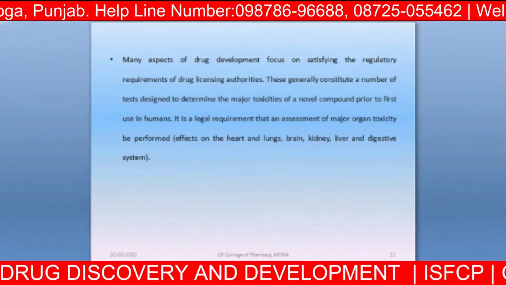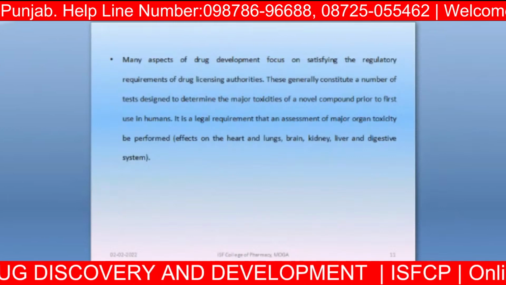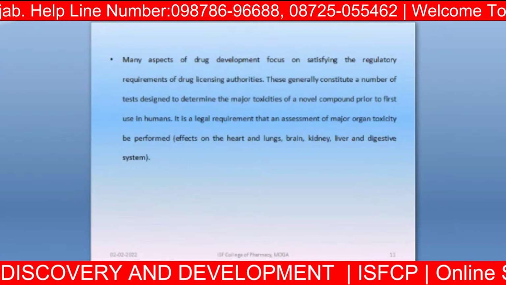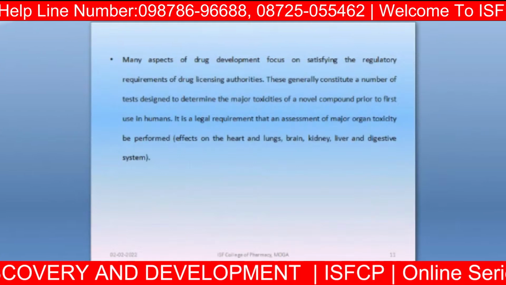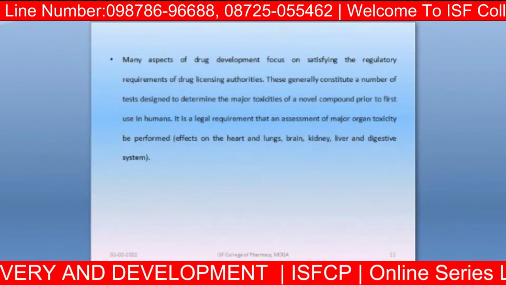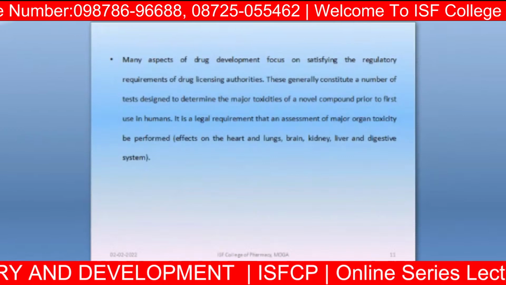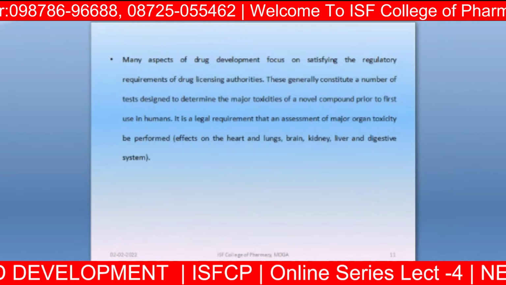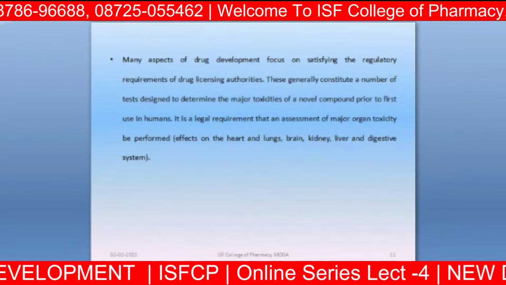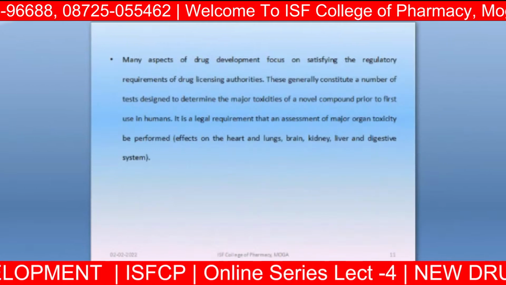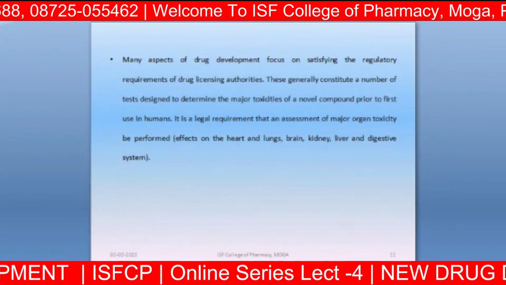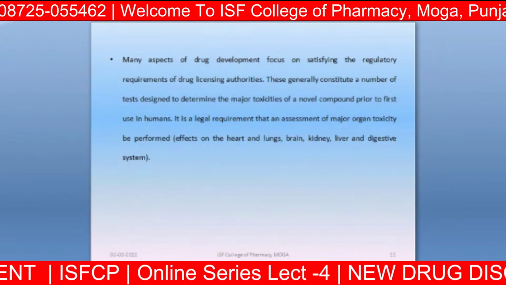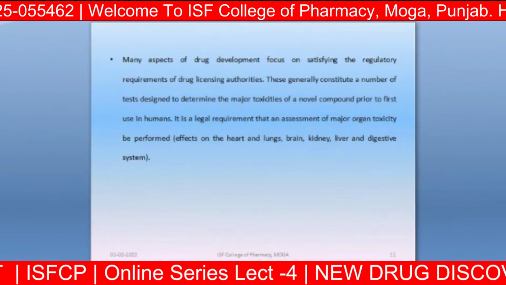As we are discussing here, clinical toxicity studies mean that the compound prepared by us must be safe and efficient, as we have discussed already. So clinical toxicity studies confirm that the drug moiety prepared by us has no toxicological or pharmacological bad effects on